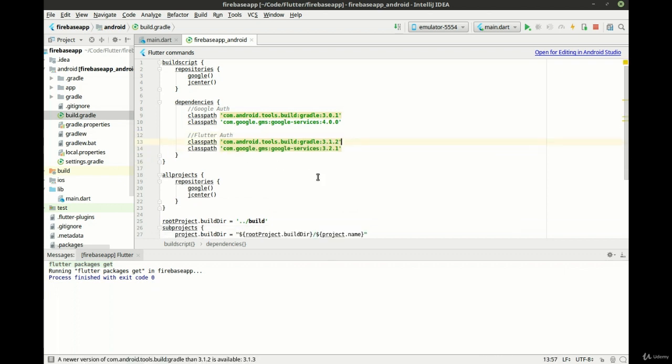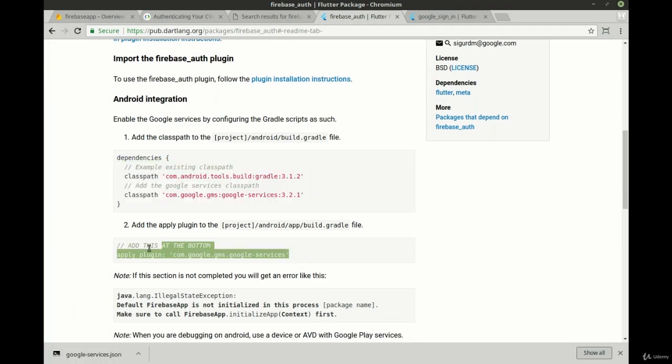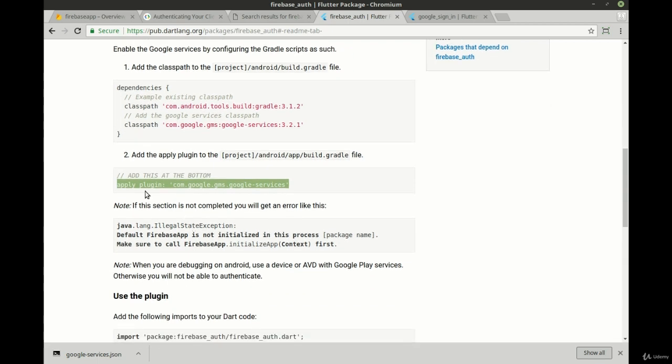Now, in my testing, this is where I started really running into problems, and that's why I split the installation into two different videos here. Things went relatively smooth with Google authentication. It's when you go to use Firebase authentication that things get a little crazy. So let's finish this before we really dive in, but there's a reason why I split these two up, and maybe we'll see it. I hope we do, because I kind of want to explain the nightmare I had to go through here. All right, so it says apply plugin, put this at the bottom